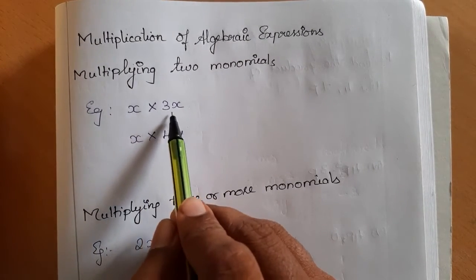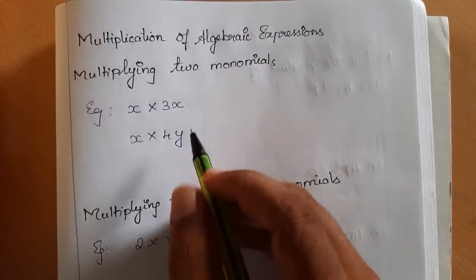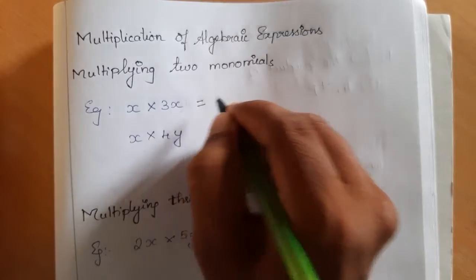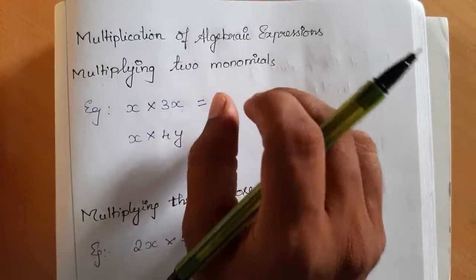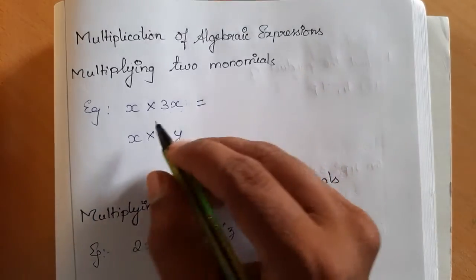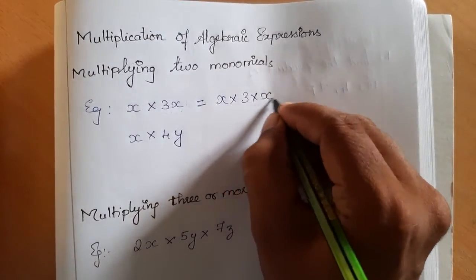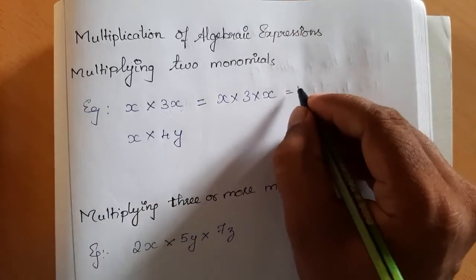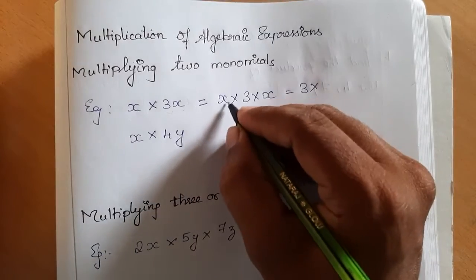x multiplied with x times 3x. So this is one monomial and this is one monomial we are going to multiply. While multiplying, just rewrite for convenience so that the numericals are multiplied and the variables are multiplied. So here x into 3 into x is there, right? Always fix the numeric in the beginning and the variable next. So just rearranging, 3 into x,